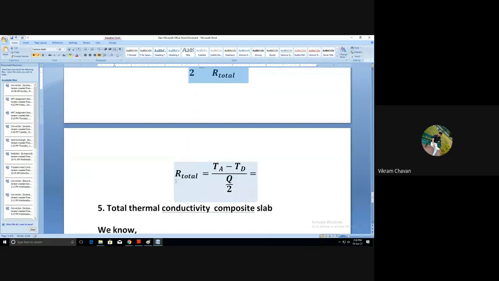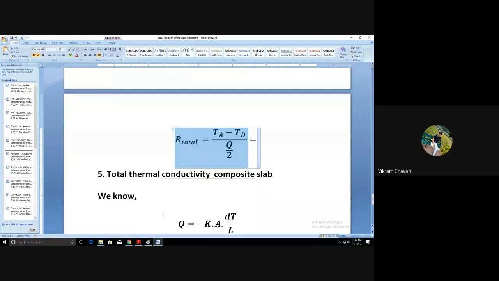So R total can be determined, that is the total thermal resistance offered by the composite slab or the composite wall. R total will be equal to Ta minus Td divided by Q by 2. And that will be the first finding of this experimentation, that is nothing but R total. And the next finding will be nothing but the total thermal